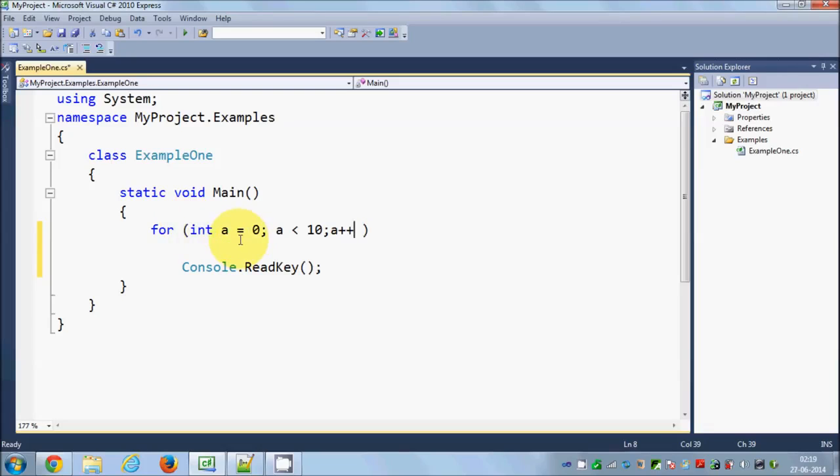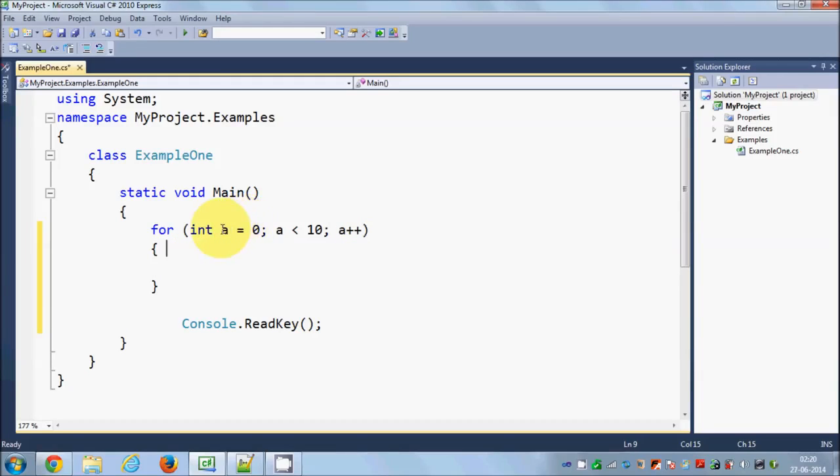Okay, so this is my initialization. I'm initializing an integer variable with 0, so this is called initialization. And the second argument is the condition. So I'm checking whether my value of a is less than 10, and then the third argument is the increment. So I'm increasing the value of a by 1. Let's add these two semicolons,